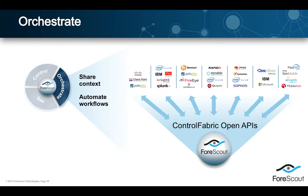FireEye is really good at detecting indicators of compromise, or IOCs. And once they've done that, they notify Forescout about the incident. Forescout then quarantines that device and scans for that IOC across the enterprise network. And this helps prevent the lateral spread of advanced threats. And of course, customers can use these APIs to create their own integrations with any of their existing, maybe homegrown